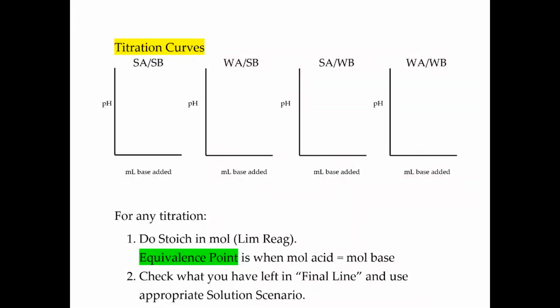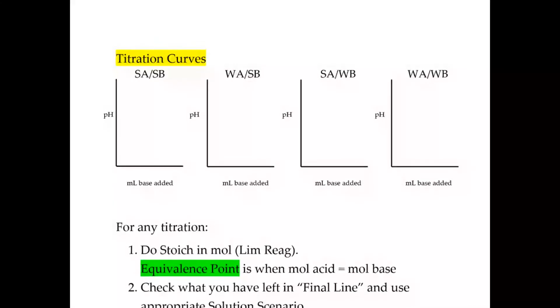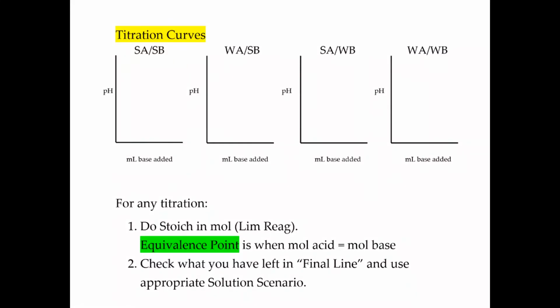If you have a strong acid and strong base, the equivalence point is going to be 7. But if you have a weak acid strong base, the equivalence point is going to be slightly basic. If you have a strong acid weak base,